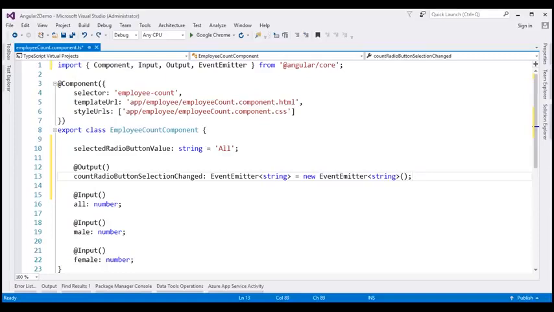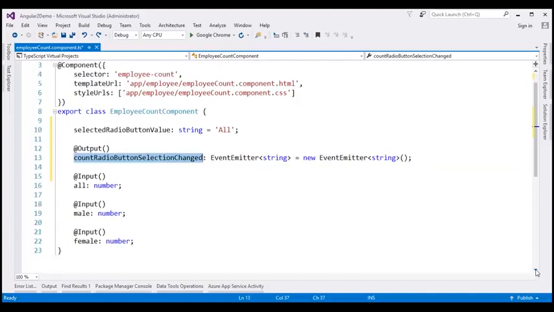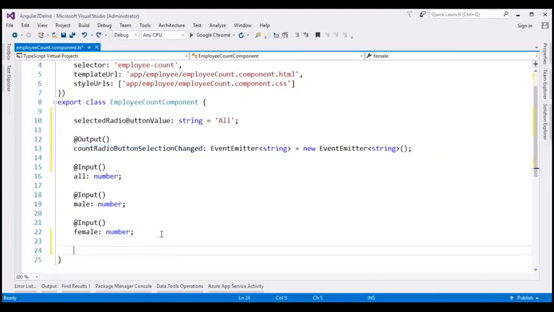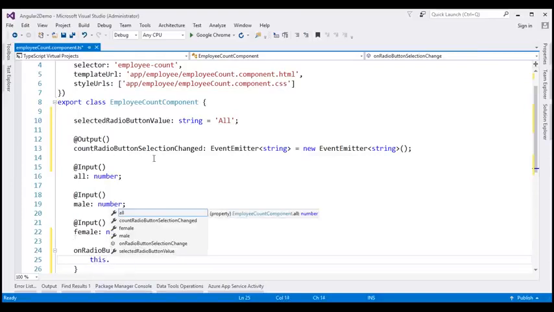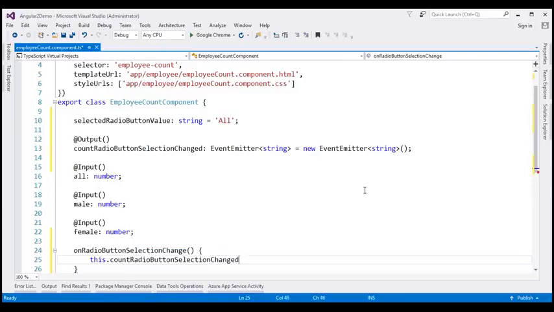So basically this is our custom event countRadioButtonSelectionChanged. Finally, let's create a method which is going to raise this custom event. So after all our properties, let's create a function. I'm going to call this function onRadioButtonSelectionChange, and all this function is going to do is raise our custom event. So this dot, what's our custom event? countRadioButtonSelectionChanged. And we are going to use the emit method to raise the event. And remember,